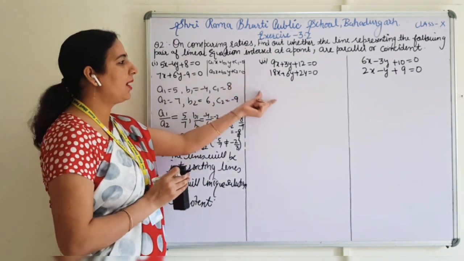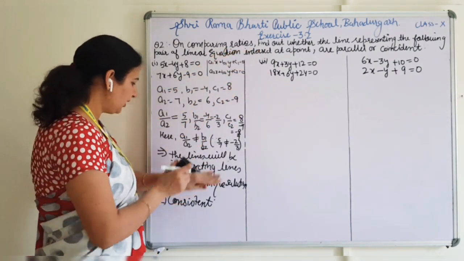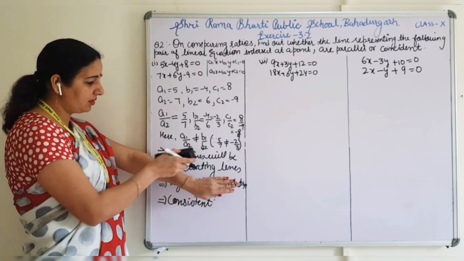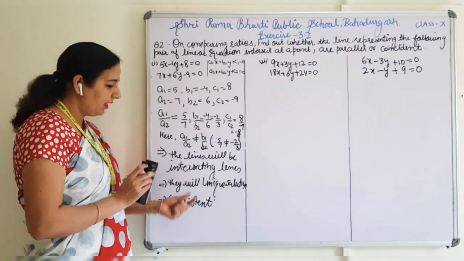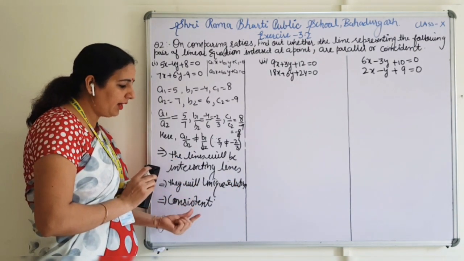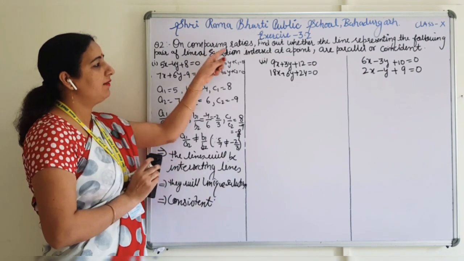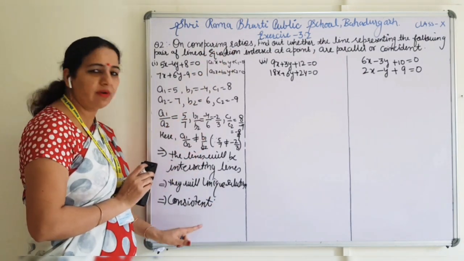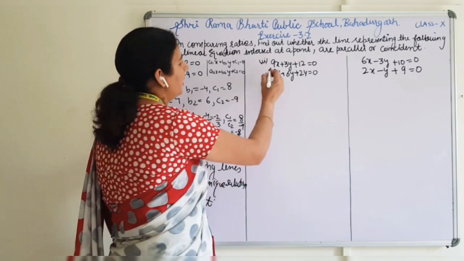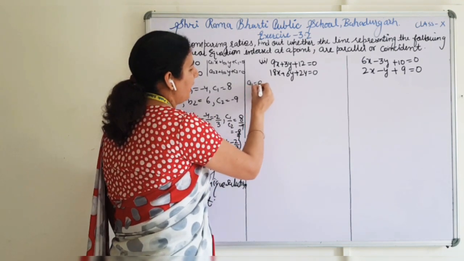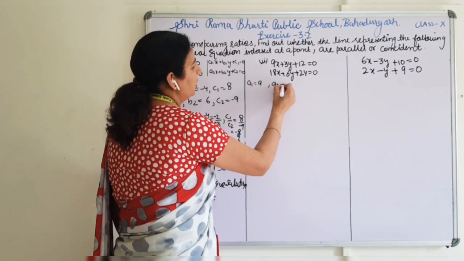Now the third part is, see students, in this question they have only asked up to this point, intersecting lines. I am knowingly explaining these two points here, so that if they change the question in your exam, you can solve it like this. The next is again a1 9, a2 3.